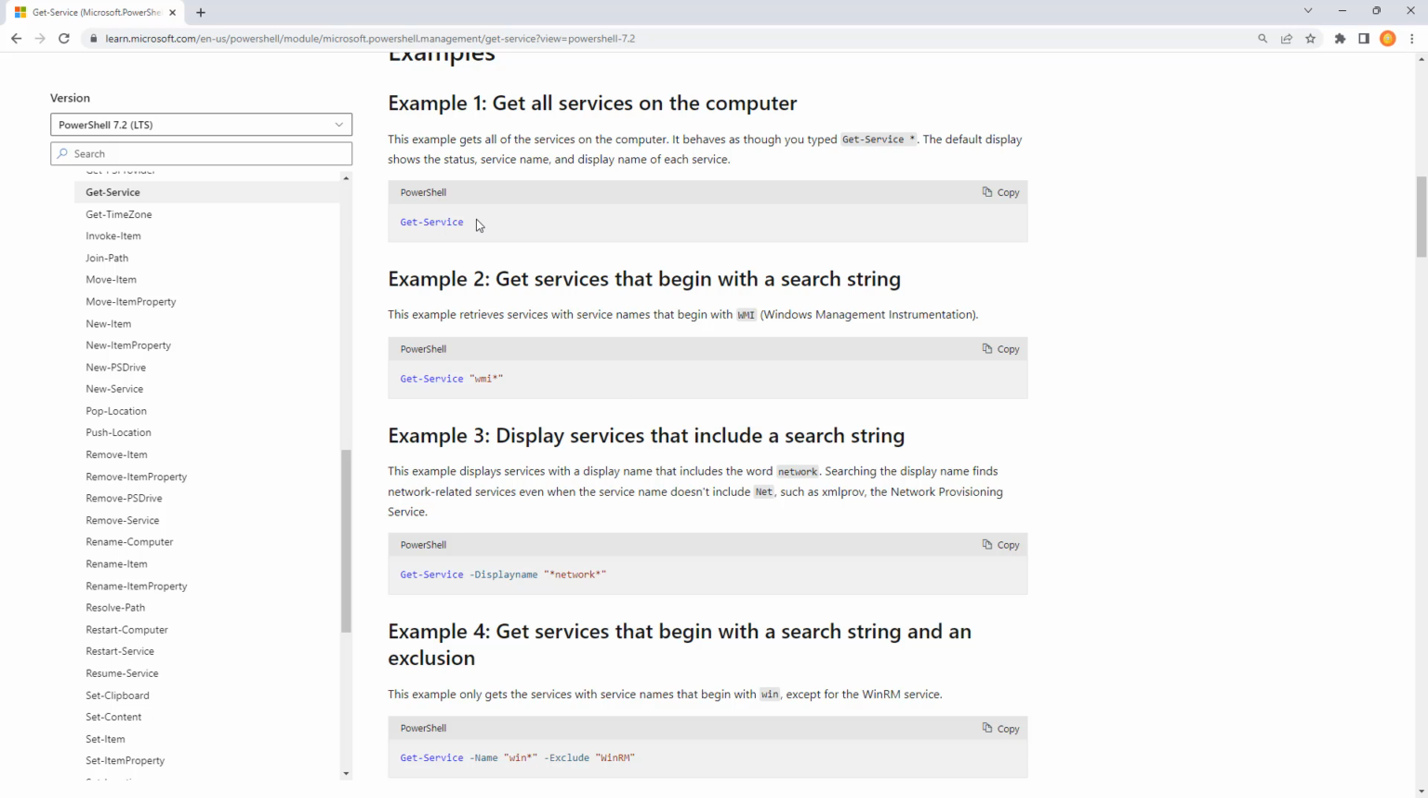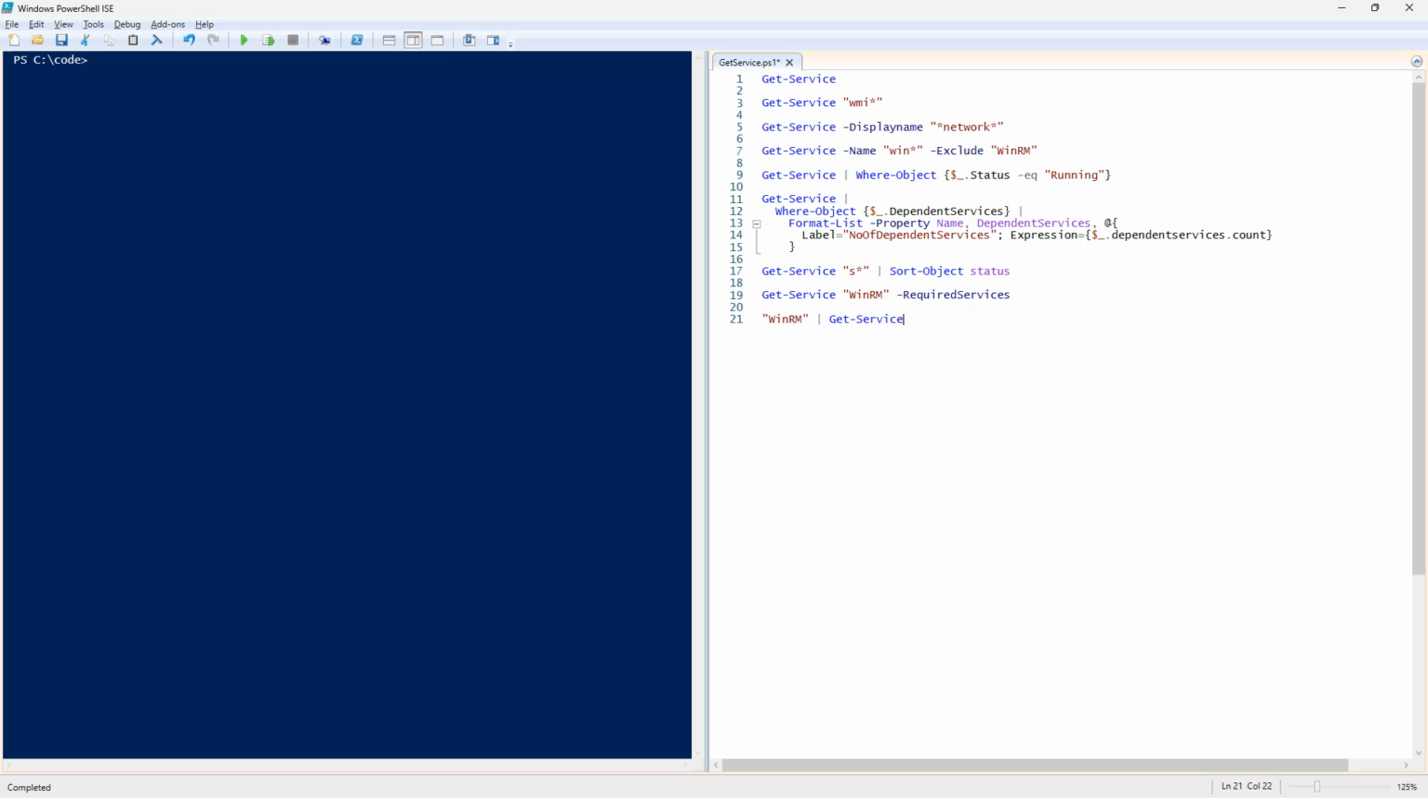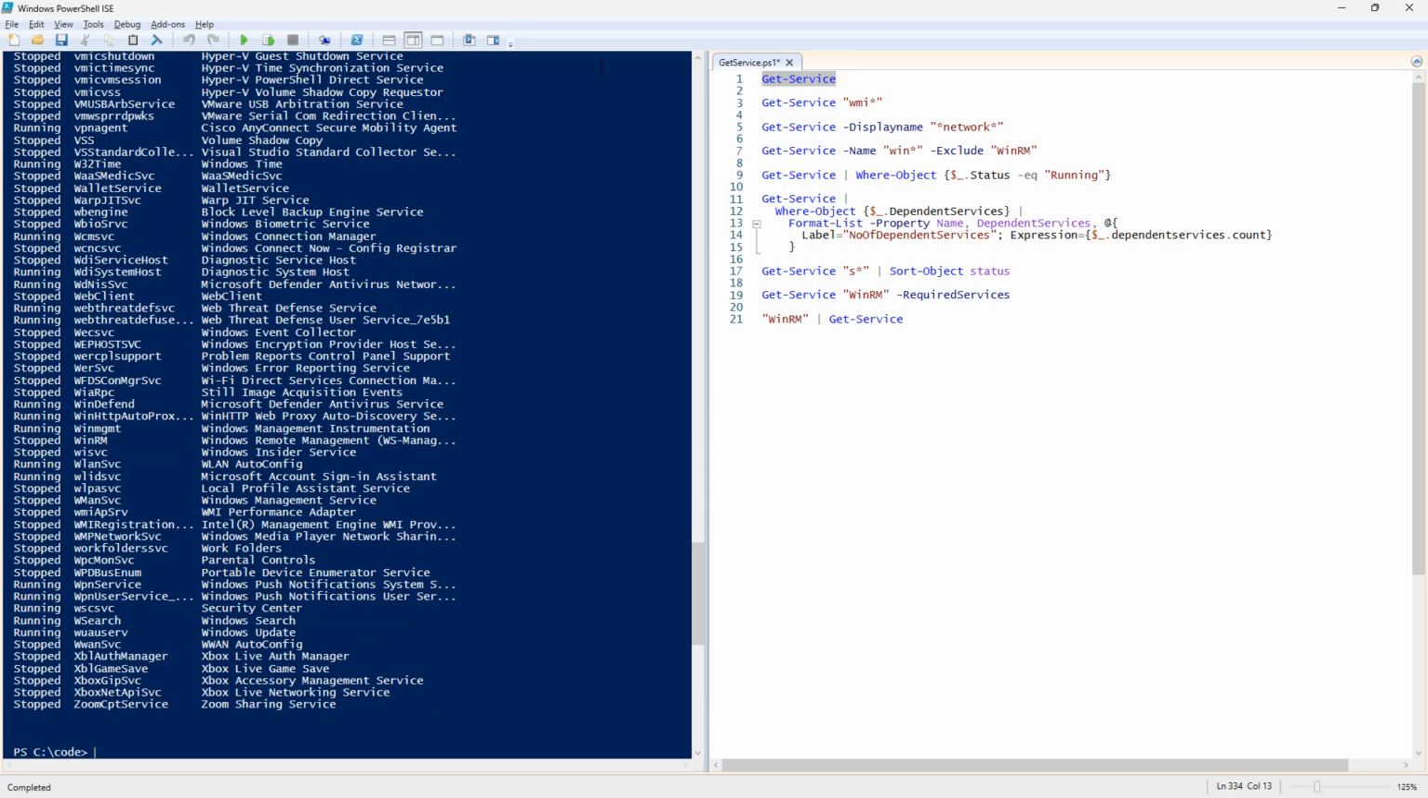So the first is Get-Service, which is a default display showing the status, service name, and display name of each service. Now that's important because a lot of services have a cryptic internal name and then a more user-friendly display name. For example, we have Windows Update, which is running. And we'll highlight that one here. And Windows Update, very easy display name, but